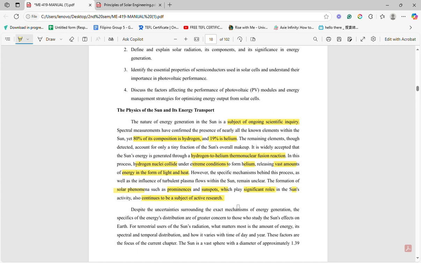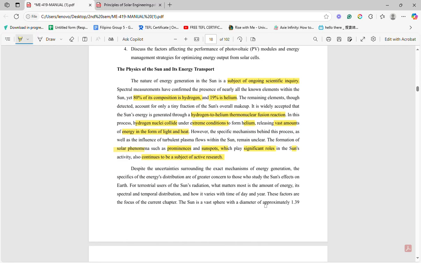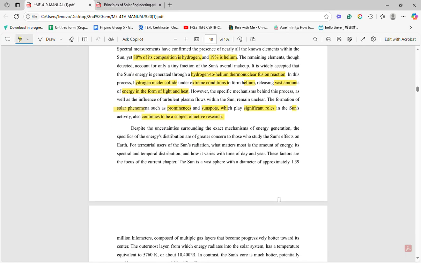Once they fuse, that's the time it will release vast amounts of energy, again in the form of light and heat. And despite this uncertainty surrounding the exact mechanisms of energy generation, the specifics of energy distribution